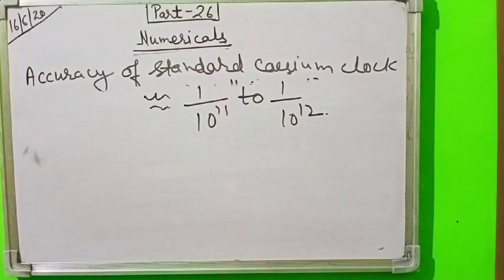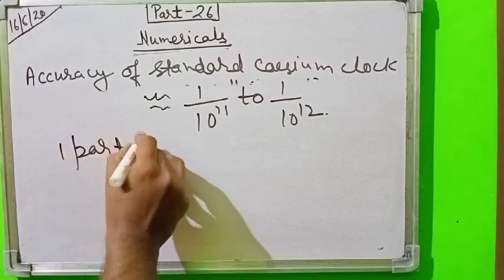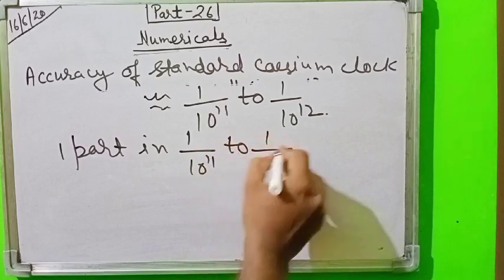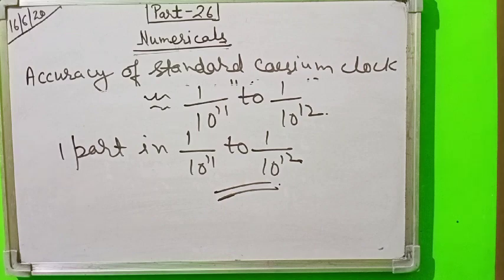One part in 10 to the power 11 to 10 to the power 12. This is the accuracy. So in two ways we have solved this numerical. Now the second numerical is